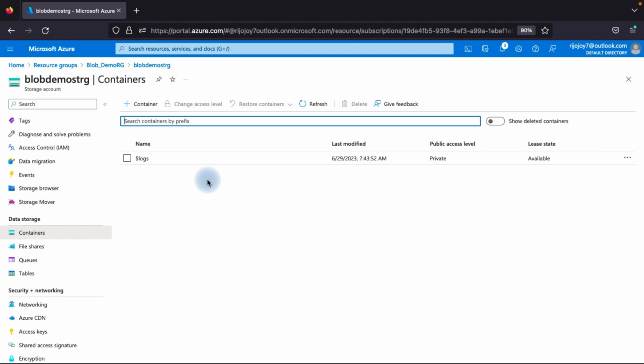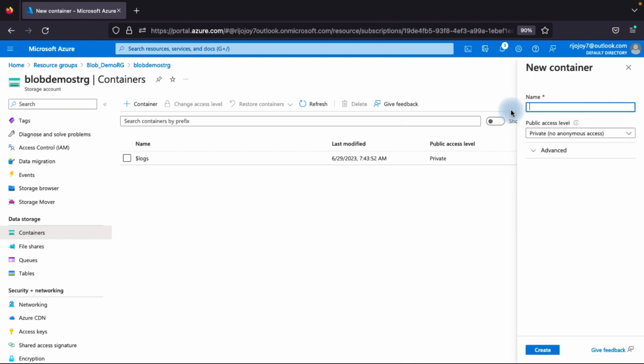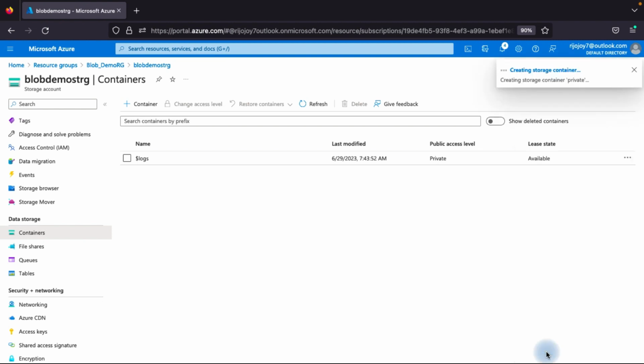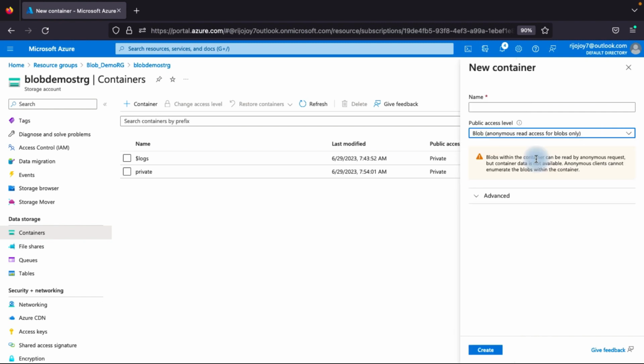Okay. So we will now make one container. Okay. Just click the container. Then we will go for an access based one, okay. This one is private. I just put the name private, private container, okay. Just put private, then create, because we can also understand the access level. Then we will create another one with blob anonymous read access, okay. Just put the name blob access,